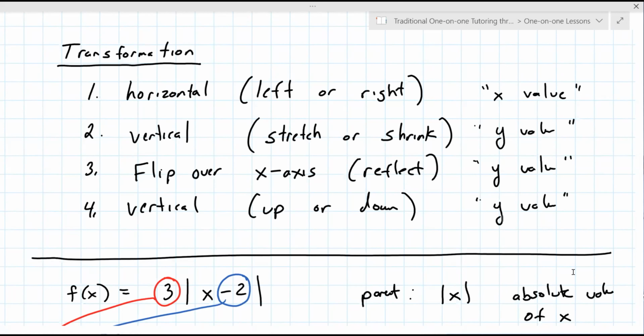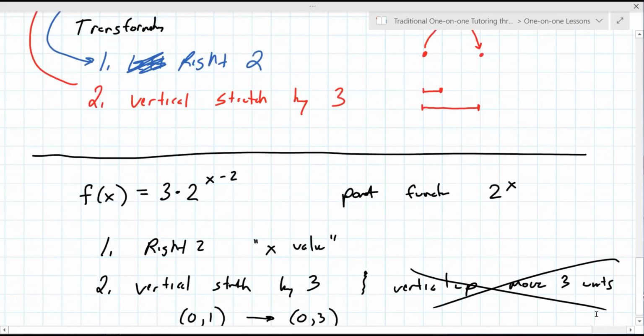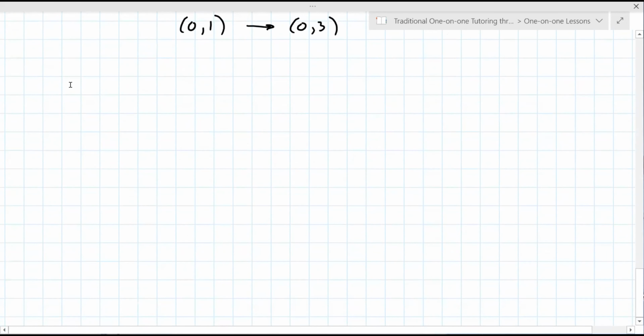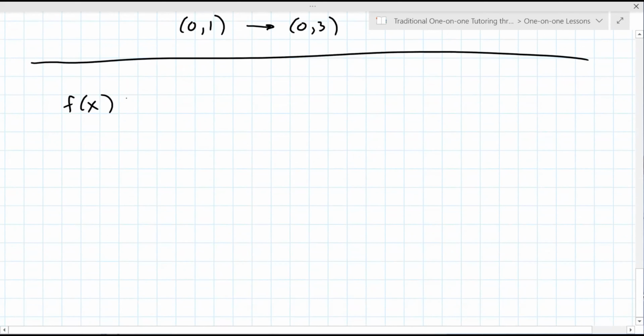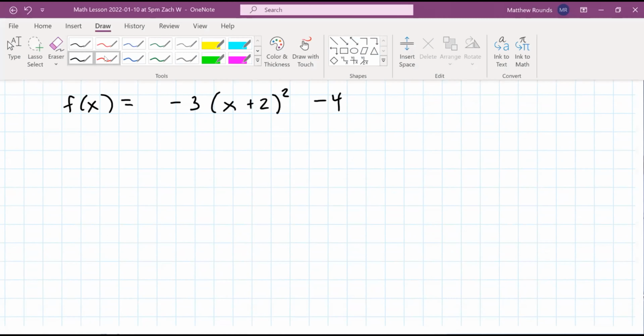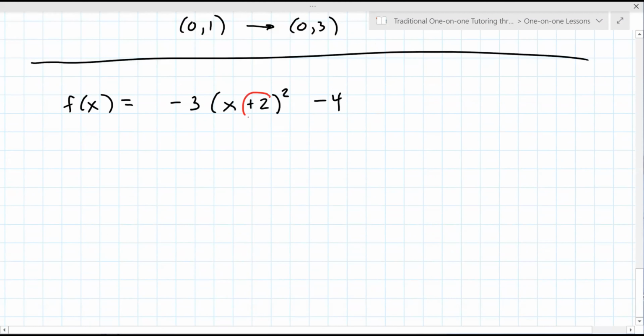Okay. So let me give you a parent function with all the transformations, all 4 of them. Let's say f of x equals -3 parentheses x plus 2 squared minus 4. And we're going to do them one at a time here. So this plus 2